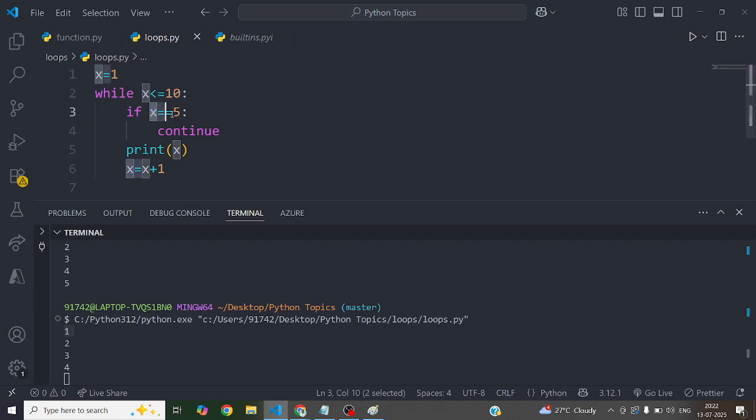Yes. Is 2 equals to 5? No. Print 2. 3, 4, same. Now x equals to 5. Is 5 less than equals to 10? Yes. Is 5 equals to 5? Yes. Continue. Means no need to come here, it will again go back to the loop condition. x equals to 10, less than equals to 10.